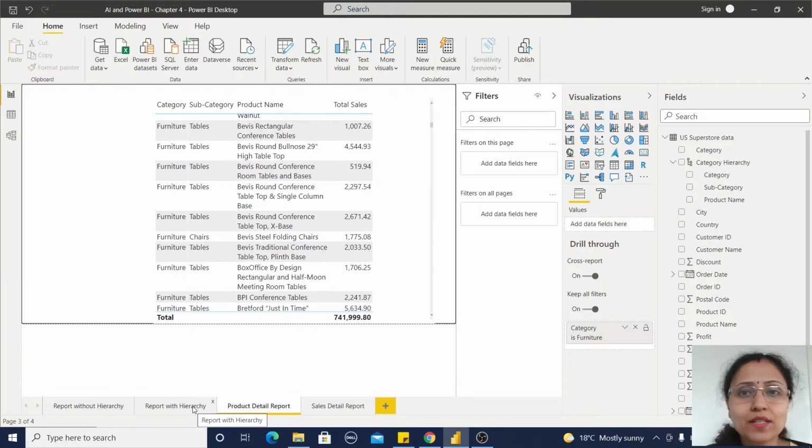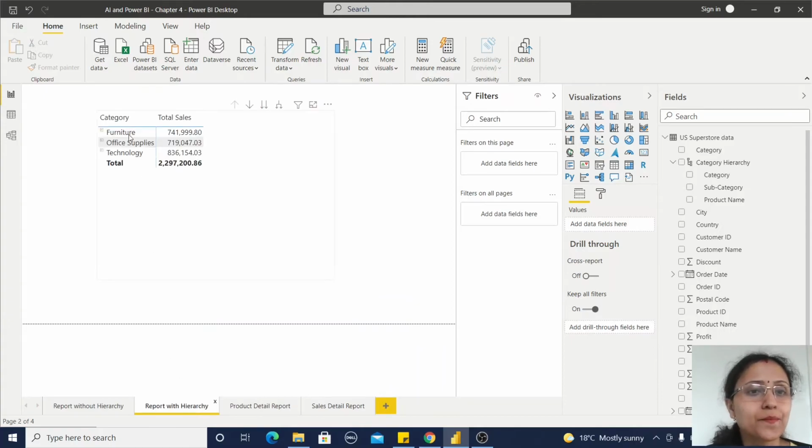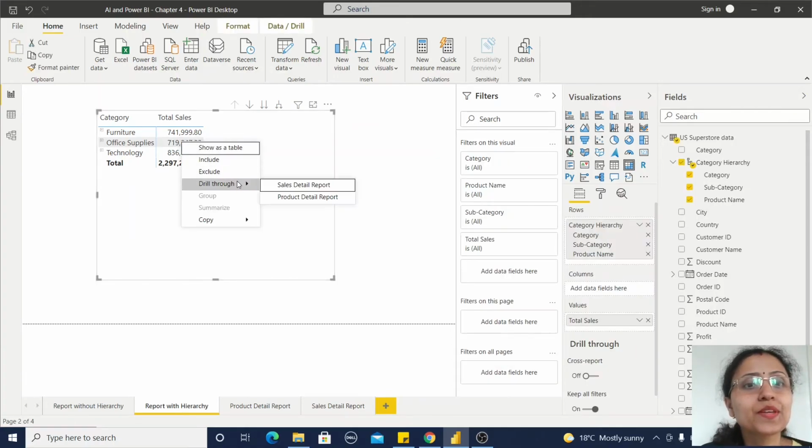Now I'm going back to the report hierarchy again. I'm clicking on, for example, office supplies, and in office supplies we have this total sales, 719,047.03. Just remember this total sales value, because we have to verify. Right click, drill through, and you can observe here we get both options, sales detail report and product detail report. I'm clicking on this sales detail report,